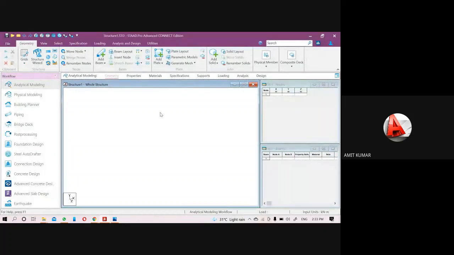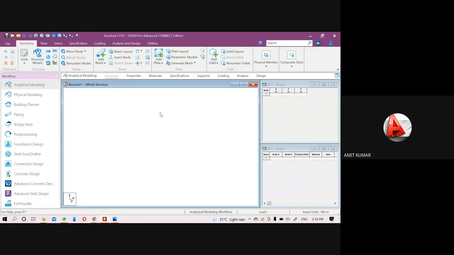So, in this session, we will cover the steel design, and for this, I will create a transmission tower. But before doing the steel analysis, I will explain our approach to the steel design. For the steel design we have two types of approach. First, let the software decide the section size, or you can give it yourself also. I will show you how we do these things.